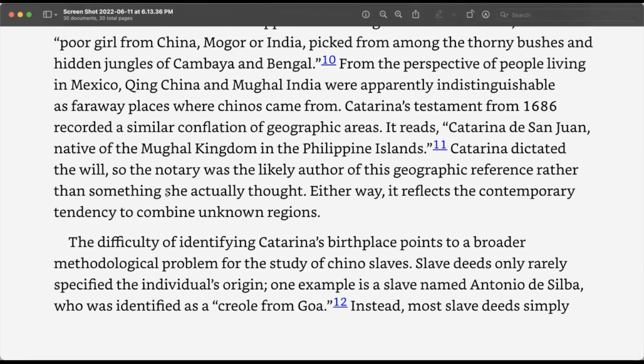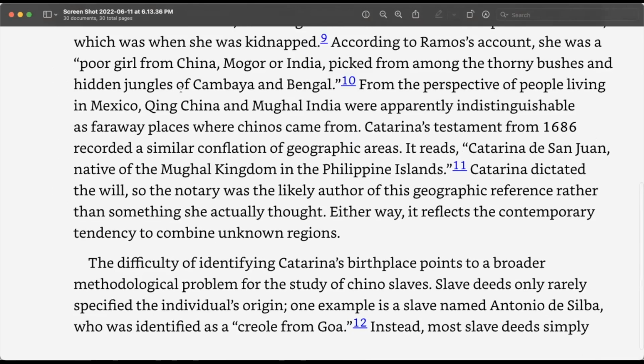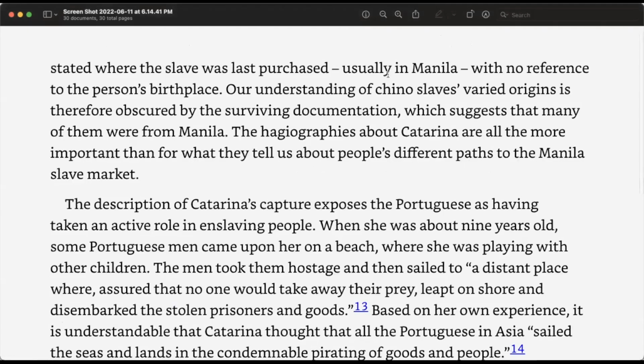The difficulty of identifying Katarina's birthplace points to a broader methodological problem for the study of Chino slaves. Slave deeds only rarely specify the individual's origin. One example is a slave named Antonio de Silva, who was identified as a Creole from Goa. Instead, most slave deeds simply stated where the slave was last purchased, usually in Manila, with no reference to the